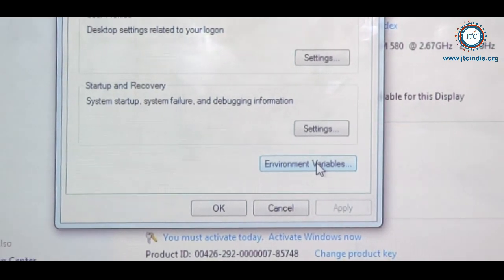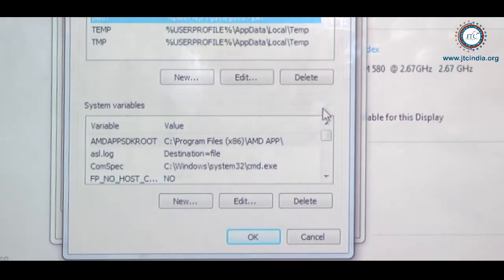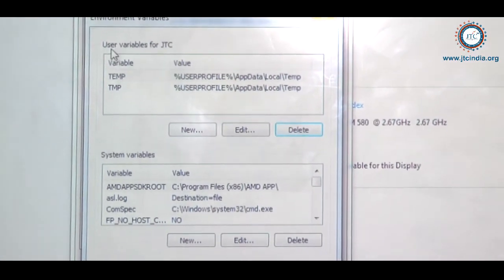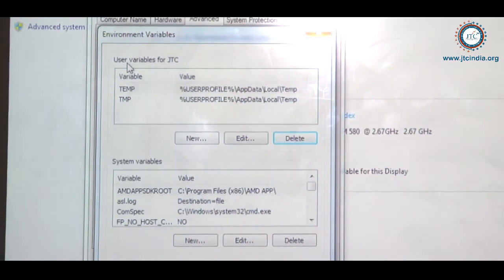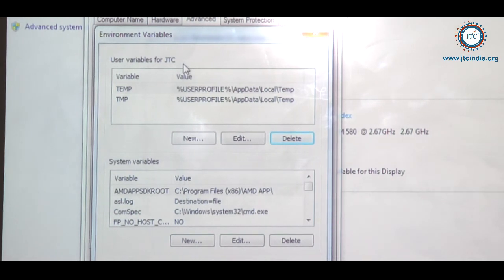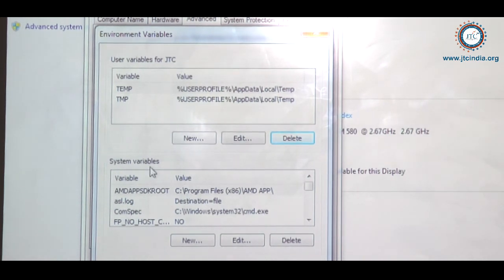When I select Environment Variables, I see two options available: user variables and the second one, system variables. Let's talk about the user variable. We just need to click on New.